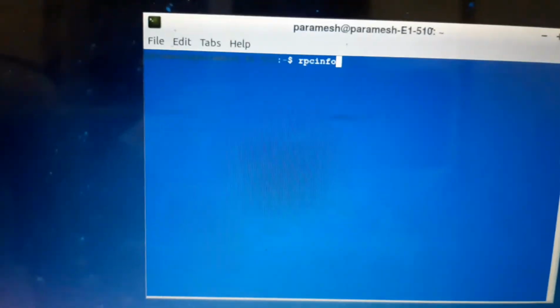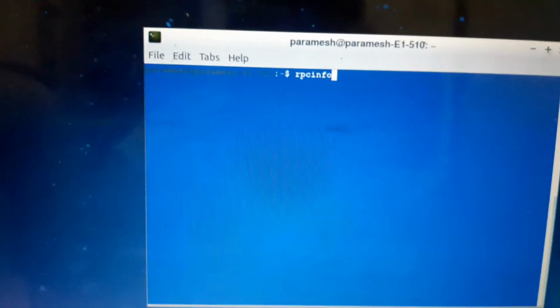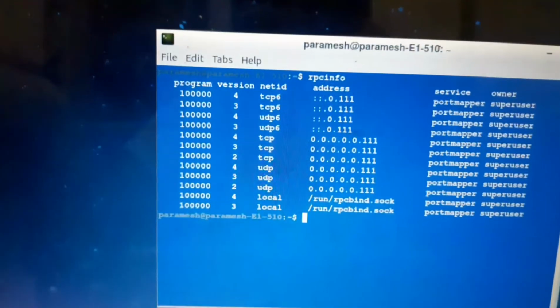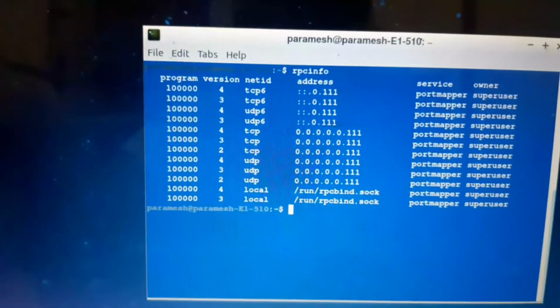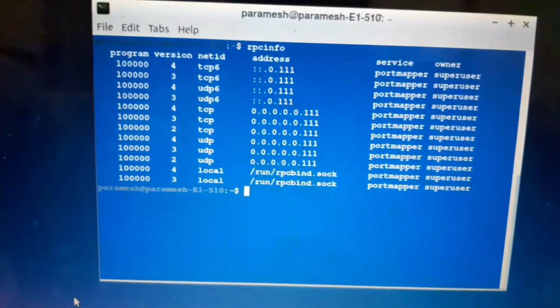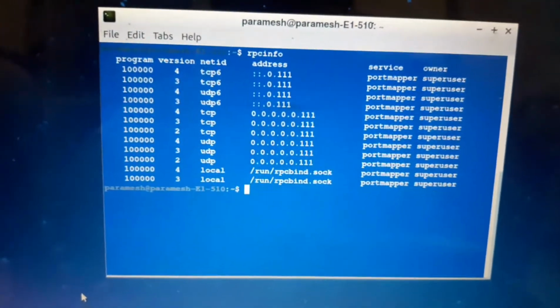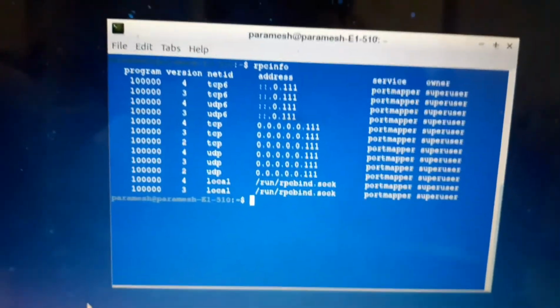For that, we have to go through the rpcinfo command and press enter. If you got this information, it means that in your Linux RPC packages are installed.